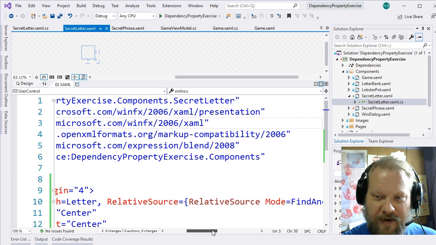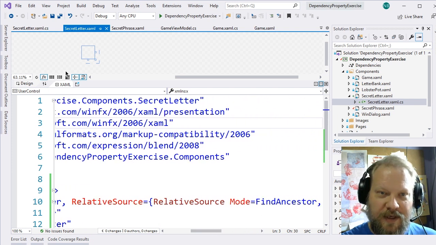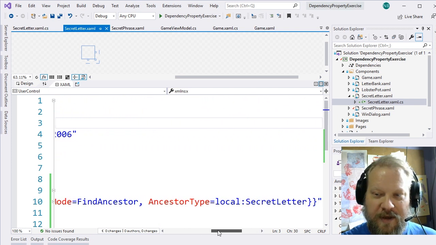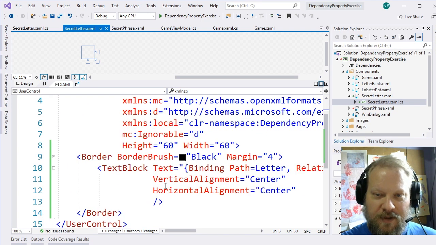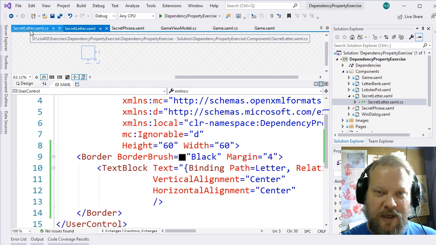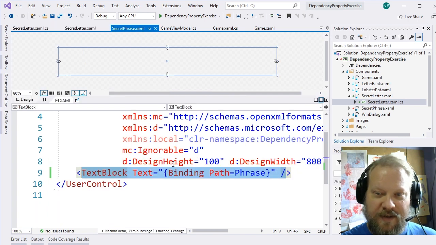And you can see there, now it's happy because it's built. It knows that secret letter has this property available. So this sets up showing that particular letter. Now if we come back to our secret phrase, we want to, instead of binding to this path phrase,